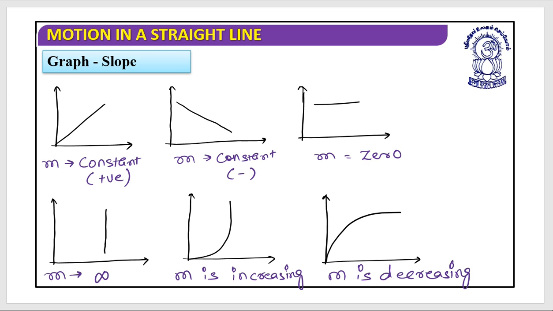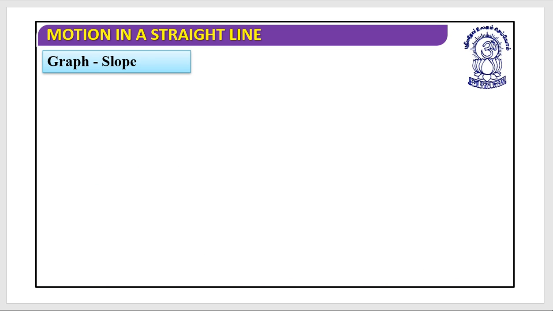But the thing is, why do we study all this? And what is the slope and physical significance? What is the physical significance of a slope? So let's look at the physical significance of slope. And why do we study all this in physics? Specifically in physics, why do we analyze graph up to this level? So